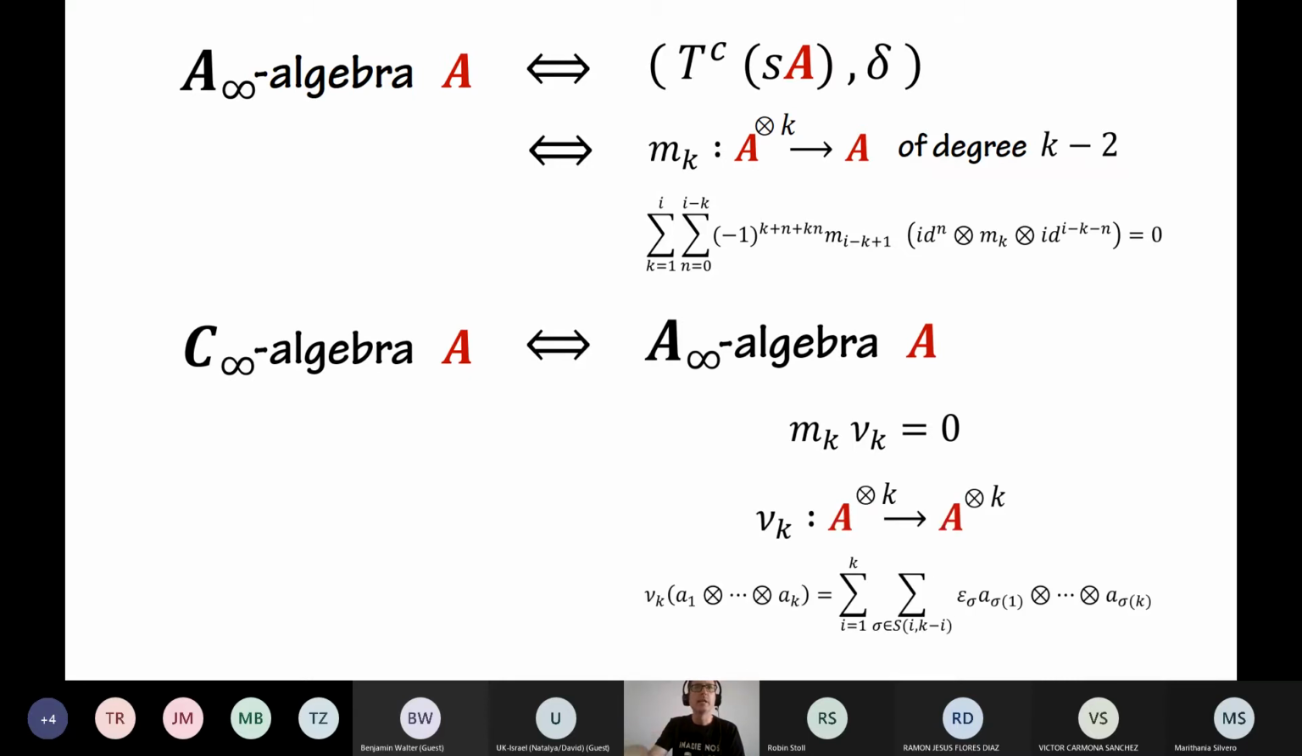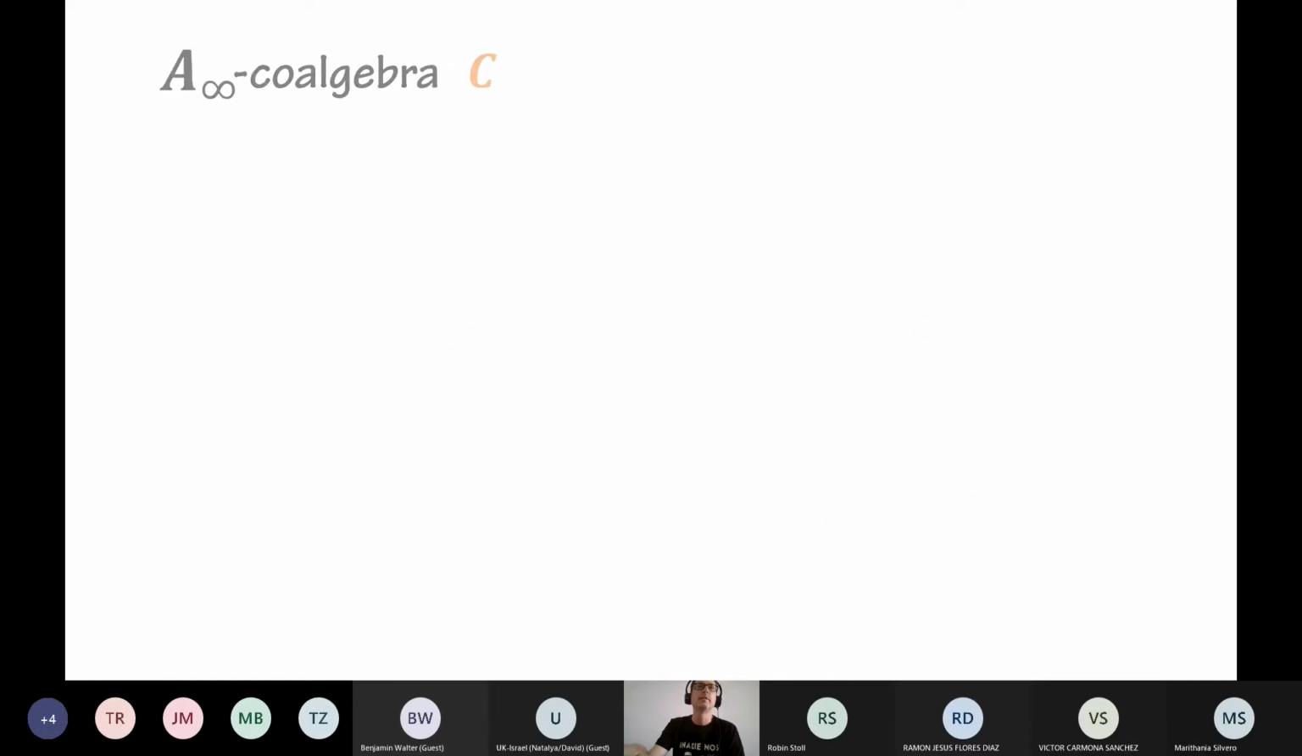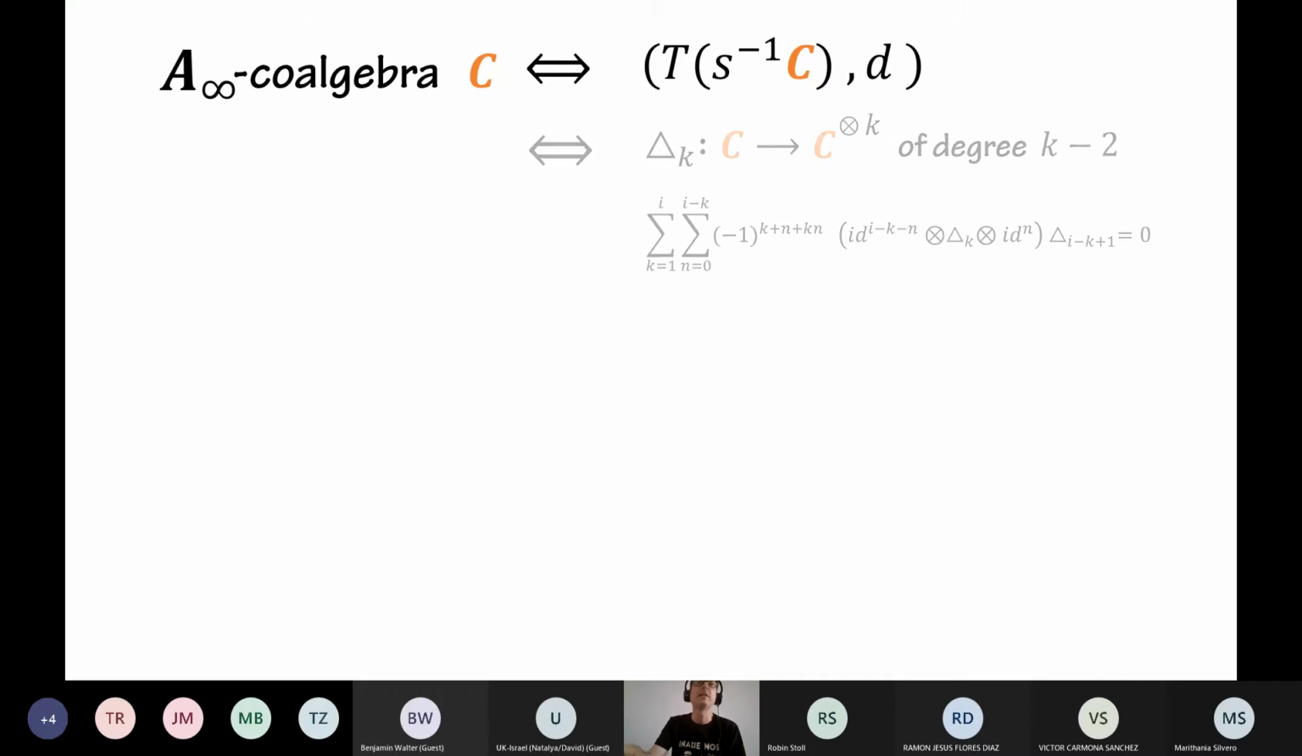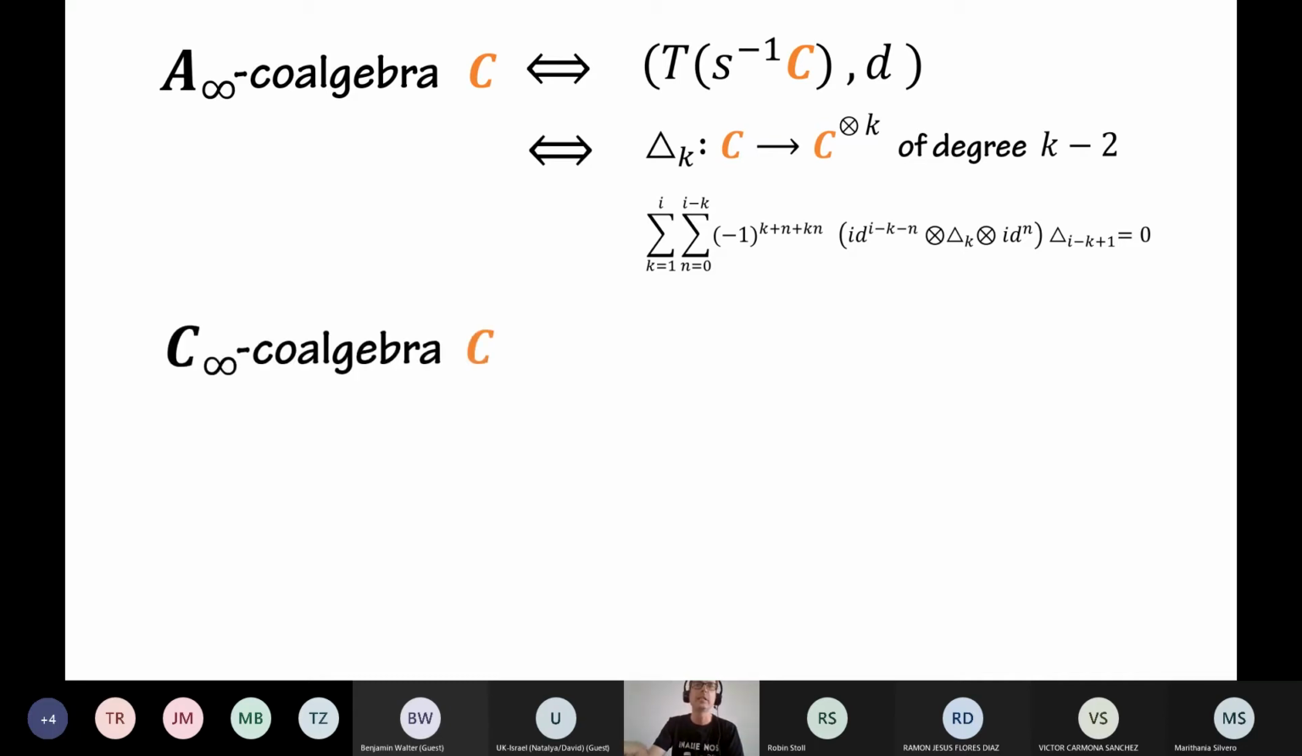In the same way, we can also define a notion of A-infinity coalgebra, which is a differential in the tensor algebra under the suspension of C. This can also be described in terms of a family of linear maps, a family of higher comultiplications, which satisfies some identities. And we also have the notion of a C-infinity coalgebra, which is an A-infinity coalgebra such that the